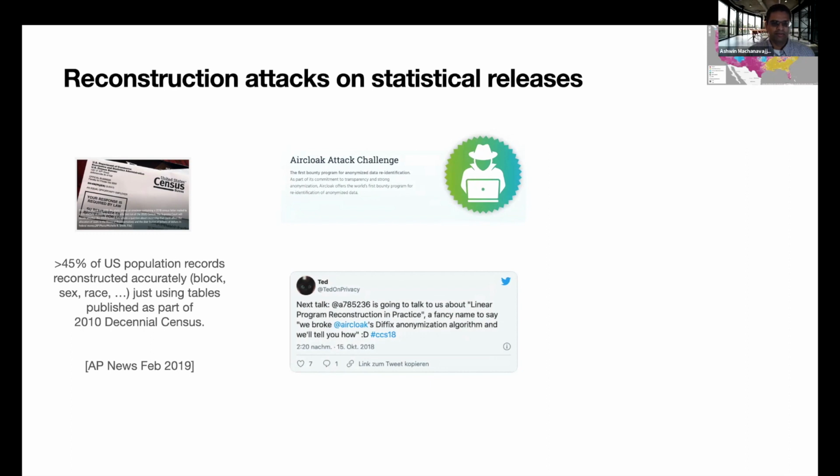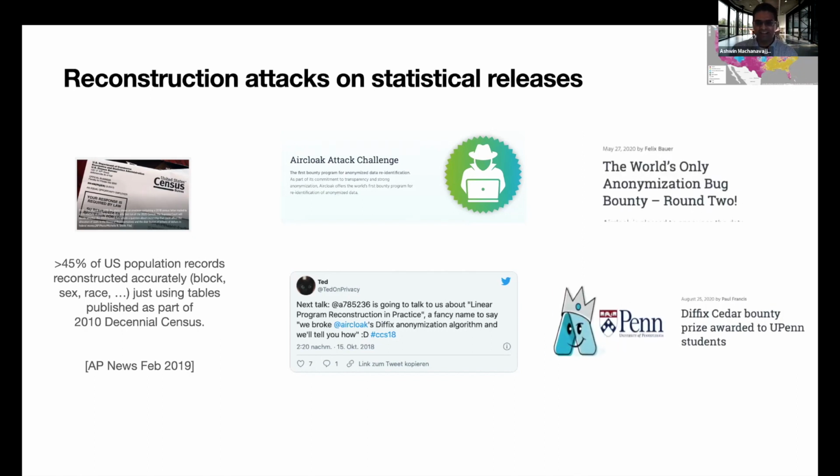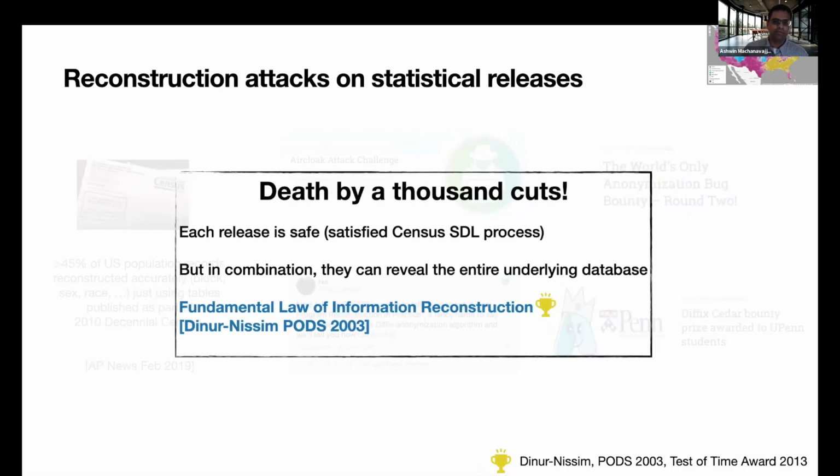One example was Aircloak, which created their own algorithm. They said attack us, and a couple of researchers in differential privacy attacked them using the reconstruction attack. So they went back and changed their algorithm and made it better, supposedly. For the second round, again, they got broken by the same reconstruction attack by a couple of other differential privacy researchers. And so you really want to break out of this cycle, and one of the big challenges